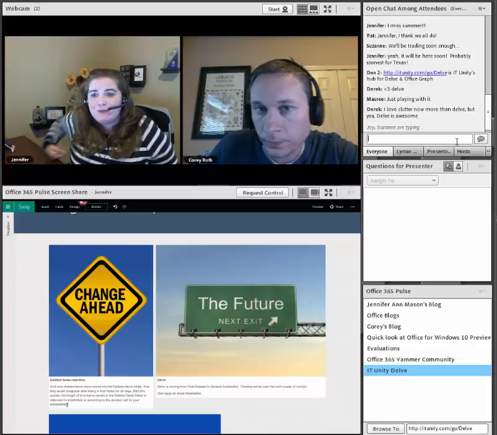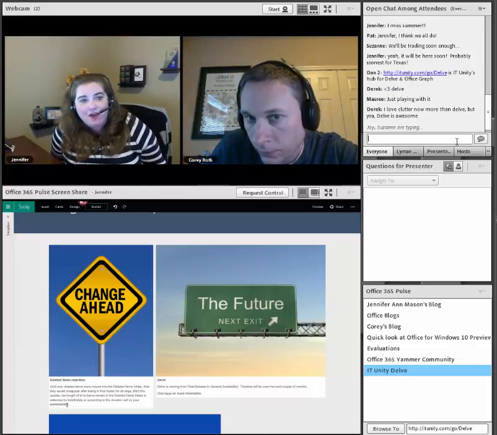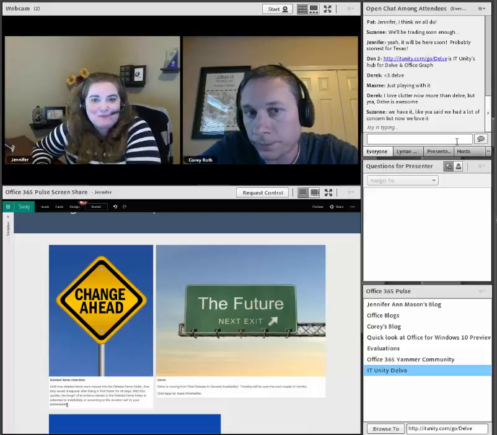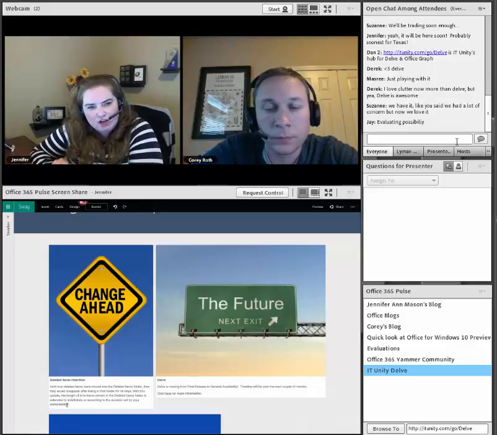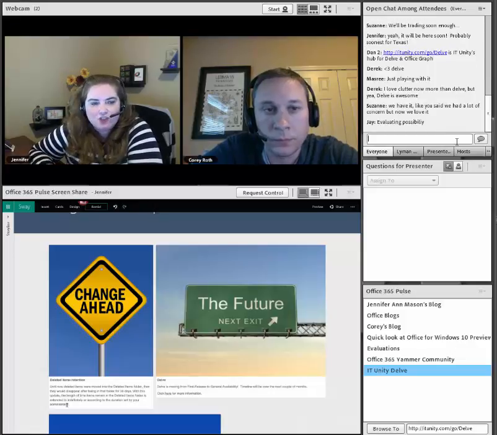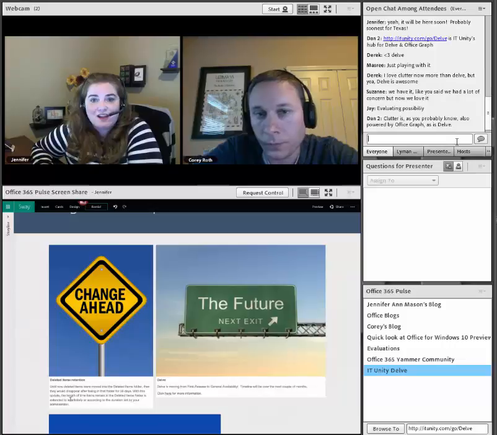I guess I should mention that you can turn it all off. I would want to think before you did that, but you can. There's no button that actually allows you to turn Delve off, but there's a service that you can turn off that will turn off Delve for all of your users. So that's awesome. We have it, and like you said, had a lot of concerns, but now we love it.